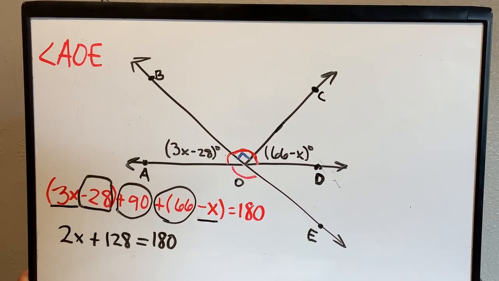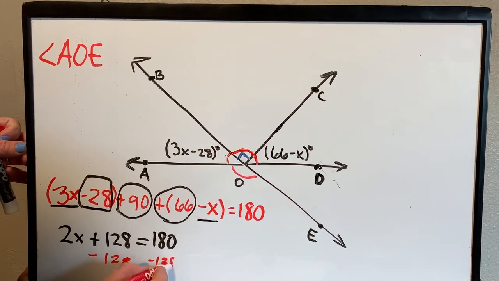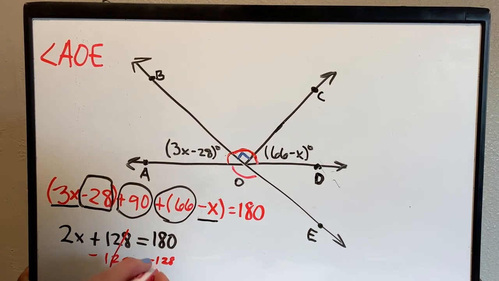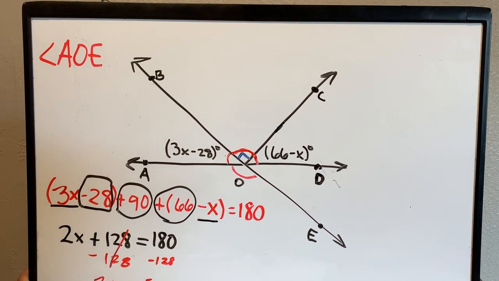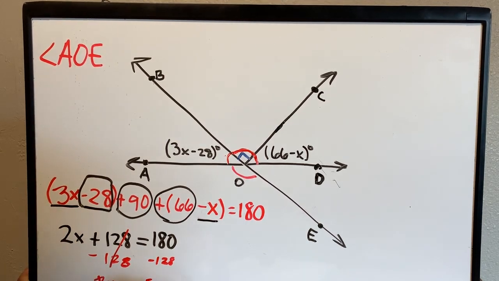So I need to get my 128 on the other side by taking the inverse operation. Minus 128 from both sides. So I'm left with 2x on the left side equals 180 minus 128. That's going to be 52. If I divide both sides by 2, I'm going to get x equals 26, since 2 goes into 5 2 times, and 2 goes into 12 6 times. But that is not